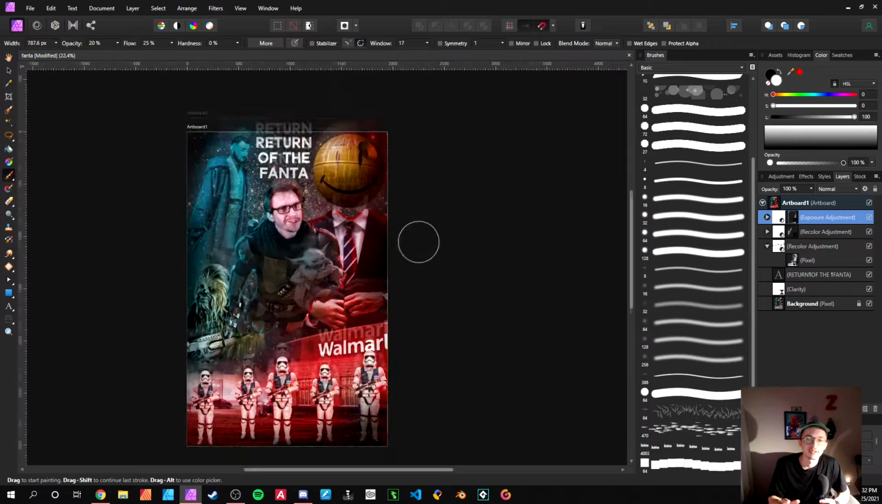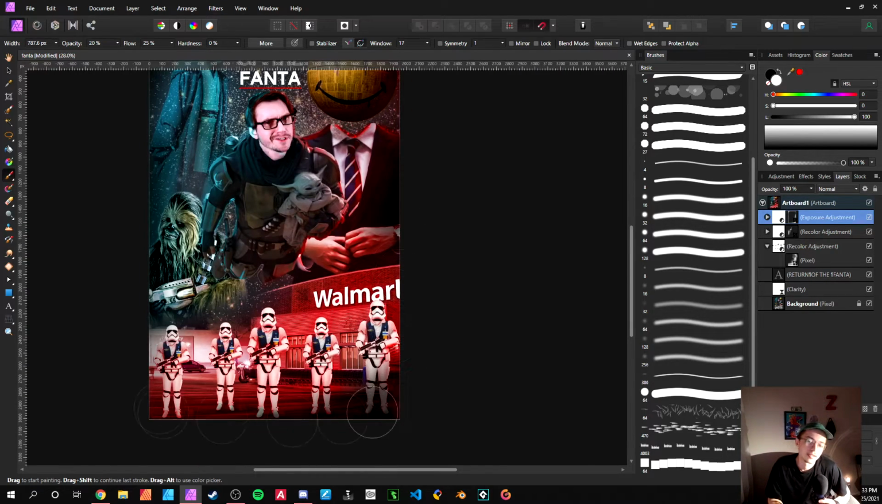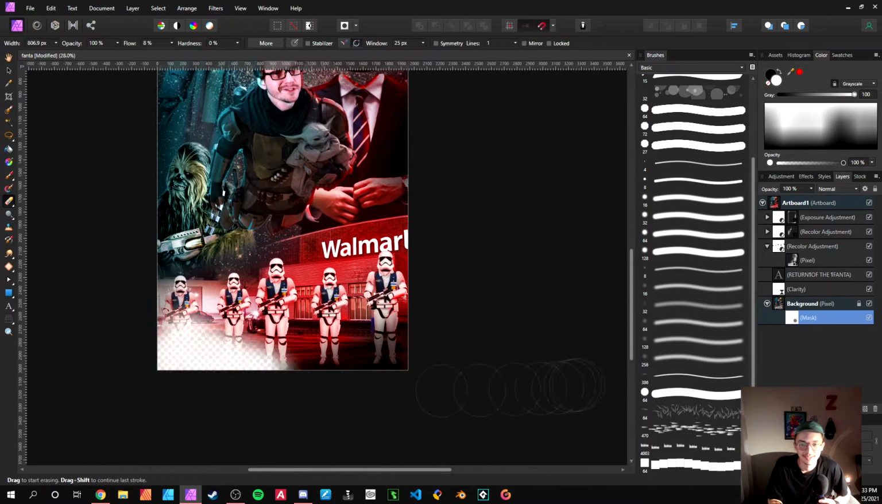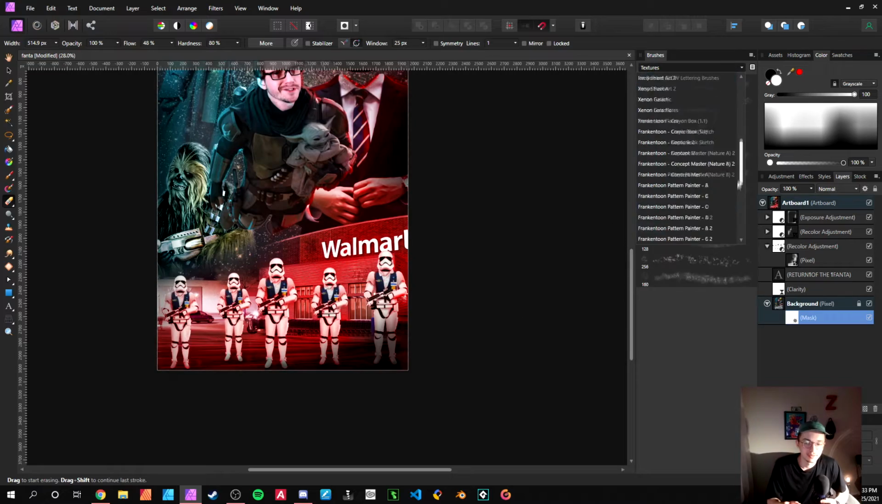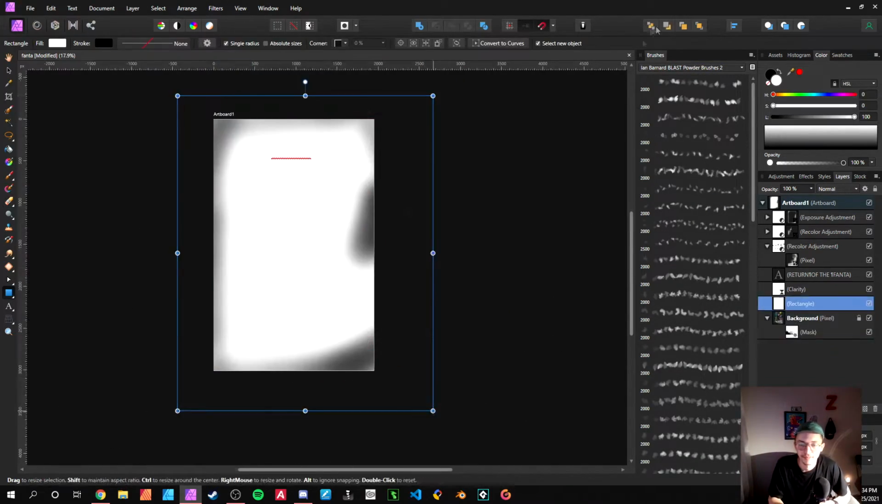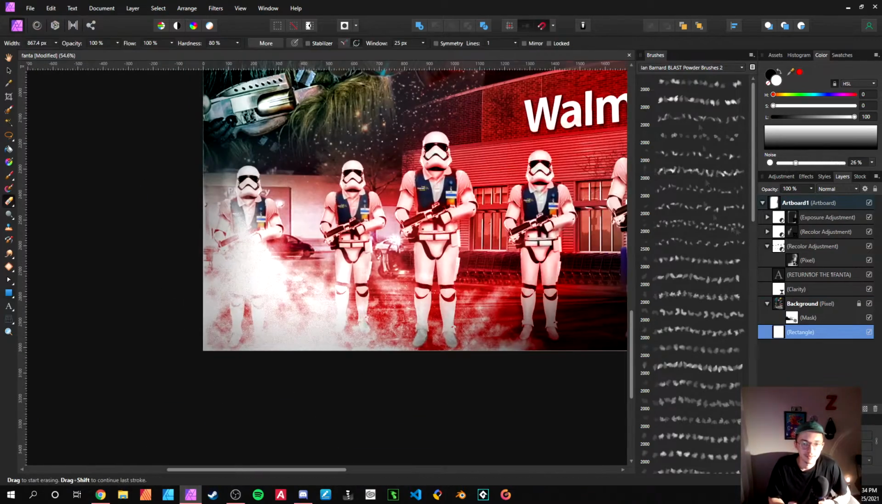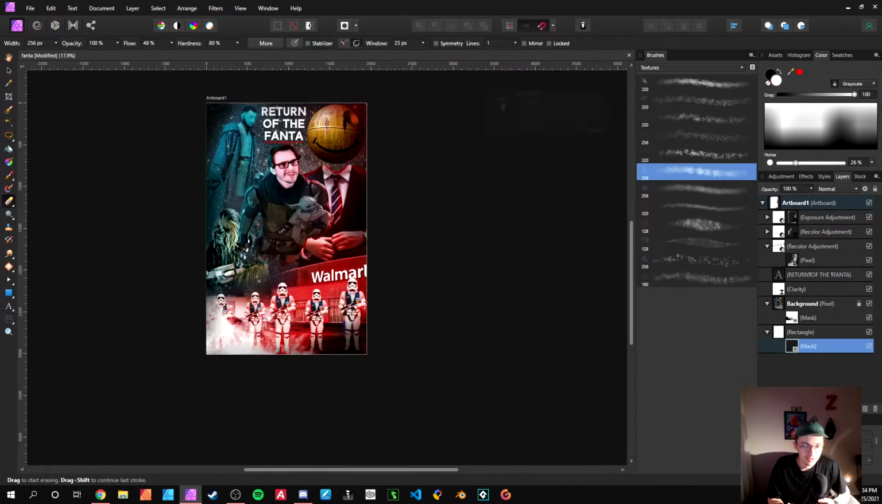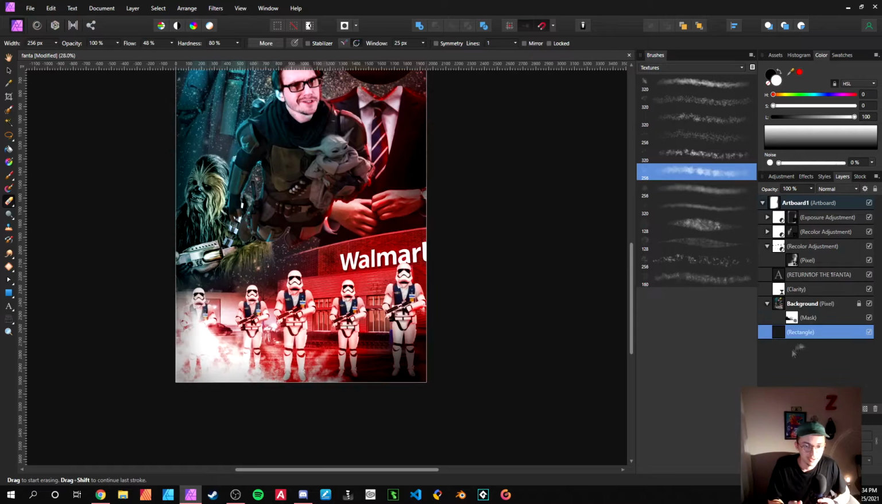So I'm kind of doing a vignette or something. Yeah, so I'm gonna go ahead and do that. I noticed on the Return of the Jedi poster that they had like this little cutout right here at the bottom. You know, another tip is when you get to the final stages, convert everything to a single pixel layer,